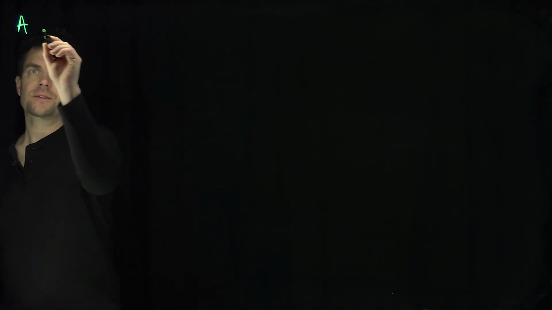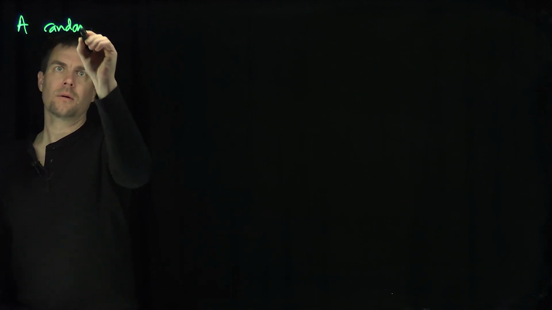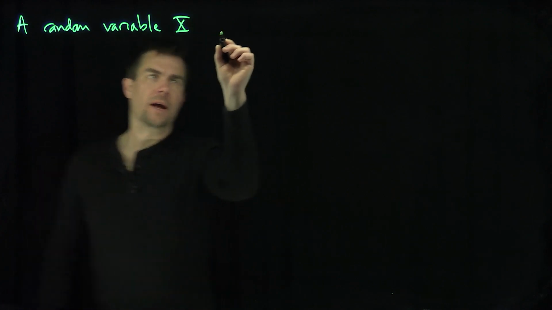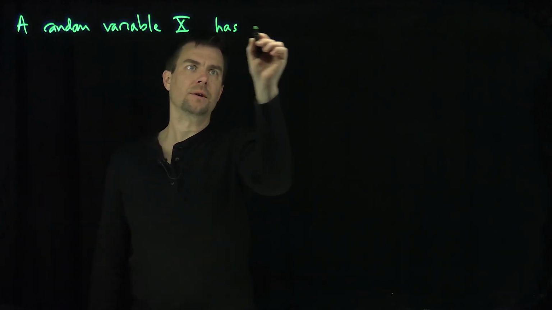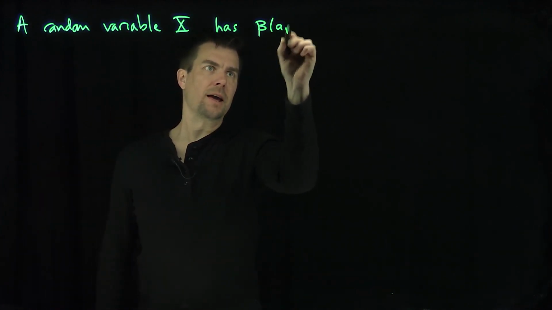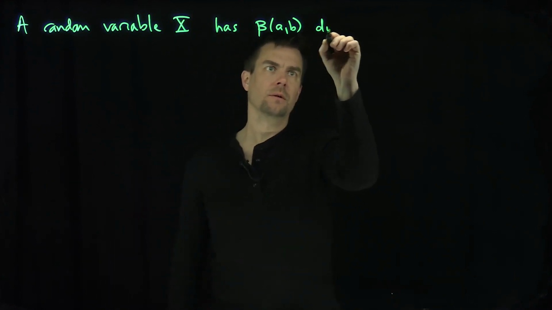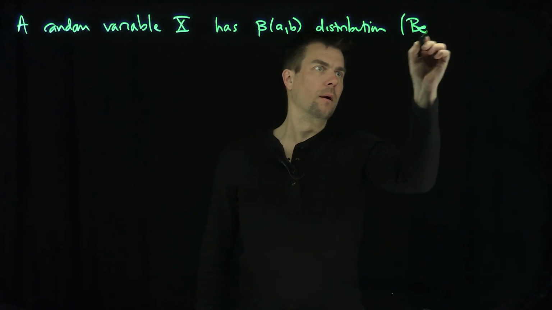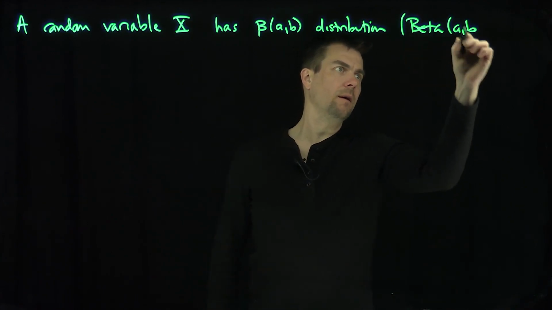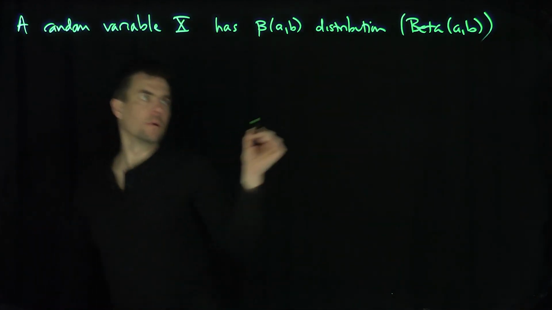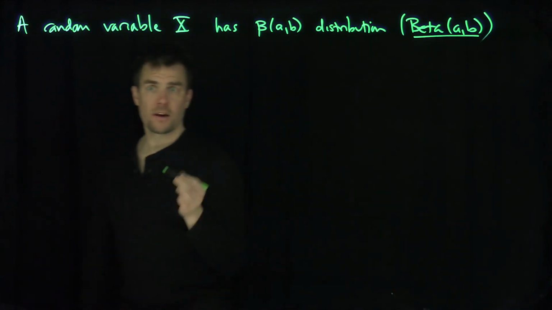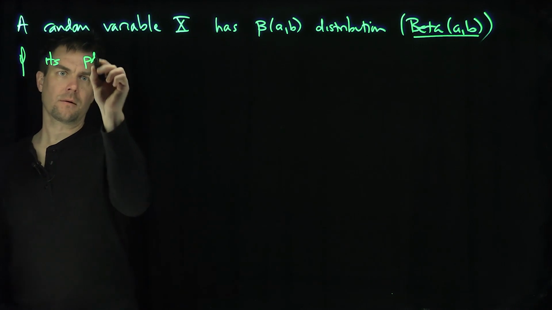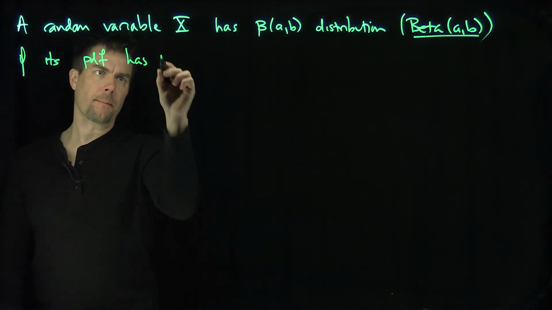A random variable x has a beta distribution with parameters a and b, sometimes written Beta(a, b), if its PDF has the form